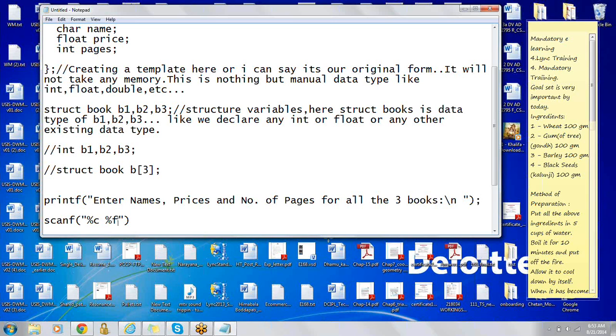Then percentage f, correct? Then percentage d for integer. Right, we can write ampersand name, and ampersand price, comma, and ampersand pages, correct? So we are taking the inputs. Similarly, so see, when we are declaring a simple variable, name, price, and pages, we can declare